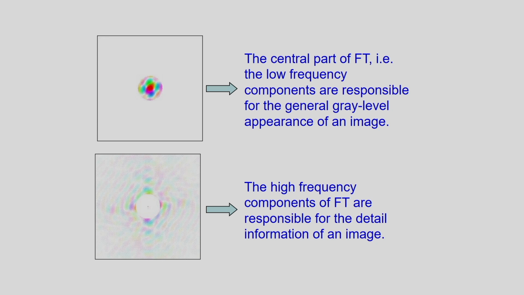Now, in case of the frequency domain filtering, I can consider filters like this. Suppose if I consider the low pass filter, for the low pass filter I have to select this portion only. I have to neglect the outer portion of the spectrum. Then in this case I will be getting the low pass filtered image. And if I consider a high pass filter, then I have to neglect the central portion of the Fourier transformation. So, this portion I am neglecting, and I am only considering the outer portion of the Fourier transformation. So, that means I can consider the high pass filter and the low pass filter based on this concept.